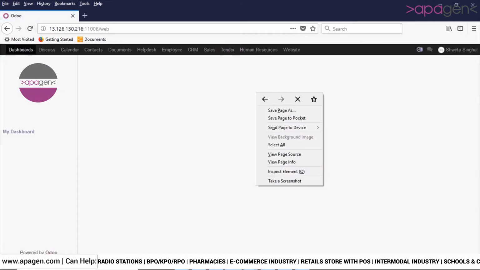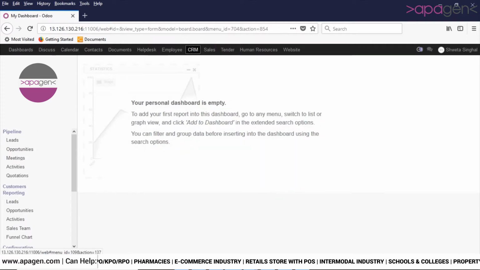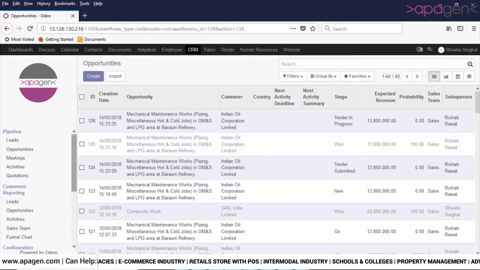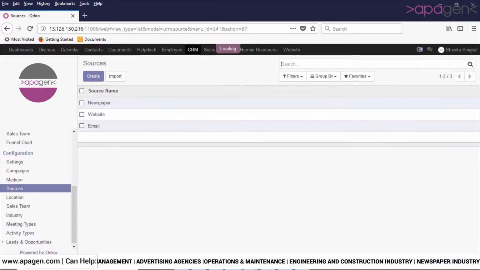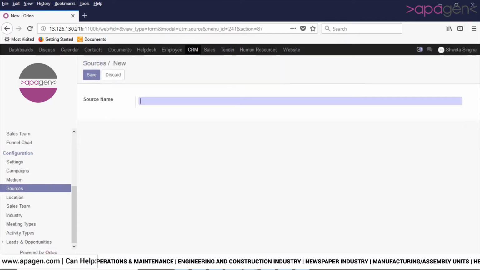After login, navigate to CRM. In configuration, you will be able to see these menus. Campaigns and mediums are not in use in the case of CRM. Click on sources in order to add multiple sources in your opportunity form. Here I am entering the source as Facebook.